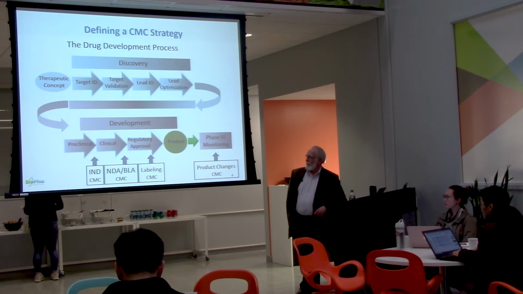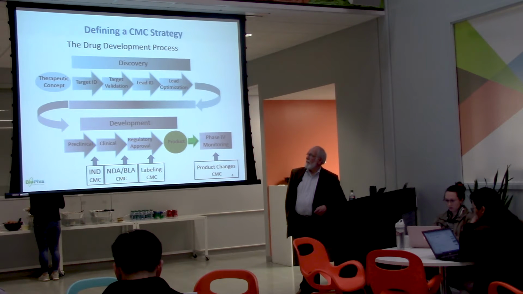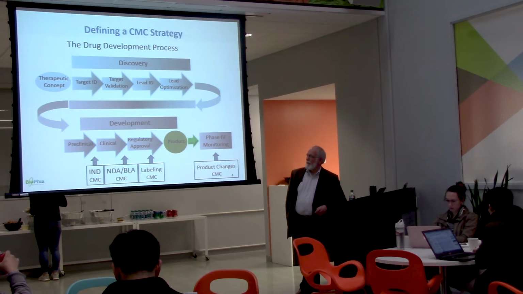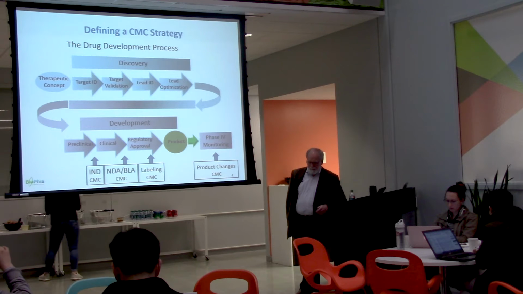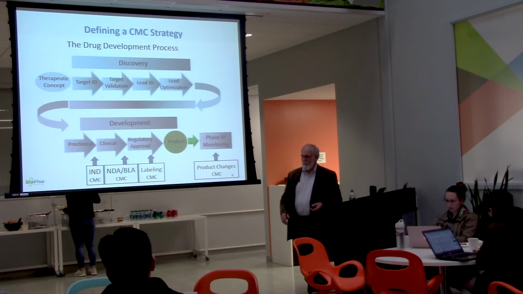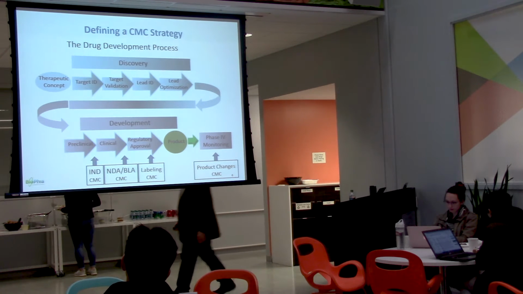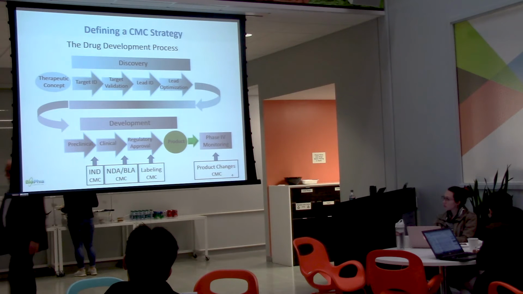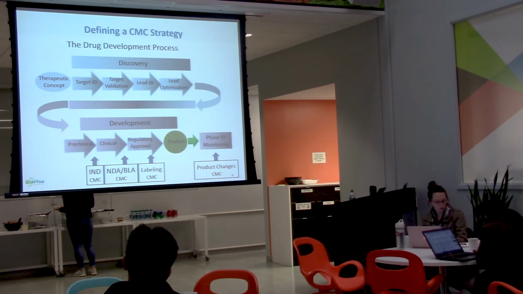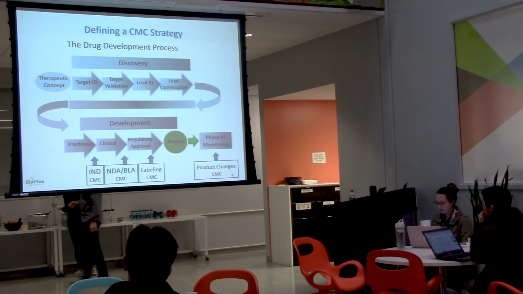So you have a lead compound that you've identified, it's a small molecule or a biopharmaceutical, and you're already working with it, developing information about how stable it is and whether you need to formulate it in a certain way or some other aspect of its properties that you'll want to incorporate into that CMC package. So CMC is, number one, something that you're collecting information about from the early stages of drug development. It's not something that just happens after you do those preclinical animal studies and are ready for clinical trial.